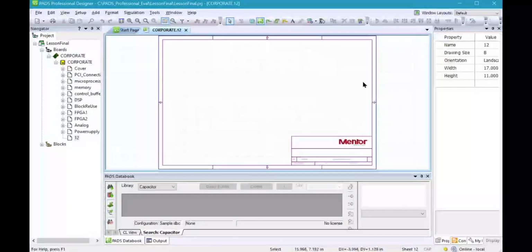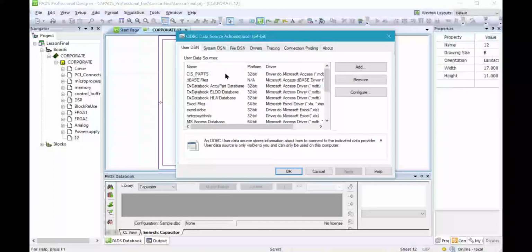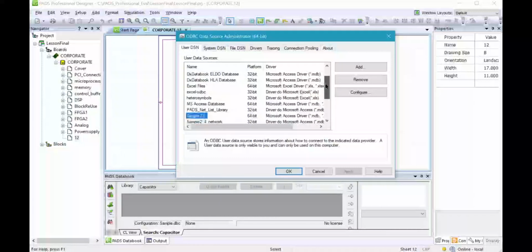So in this case, we open the 64-bit version, and we are searching for a database called sample, since the error message has shown us that the sample database cannot be accessed or cannot be found. So we do not find the sample database here, so we have to add it. So we click Add